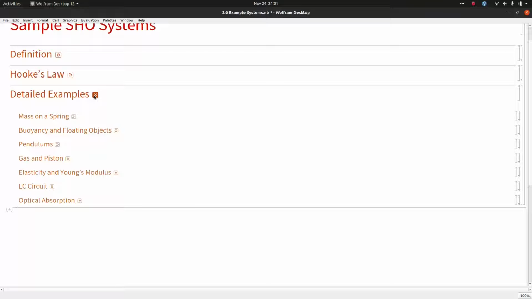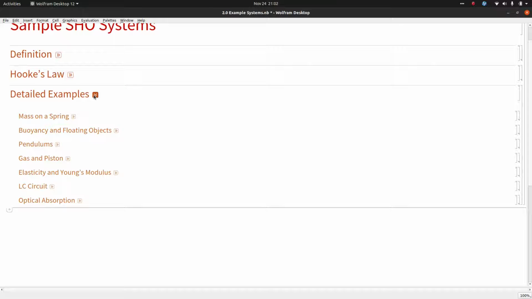We will do a floating object. So in this case, it'll be a boat that's bouncing up and down in simple harmonic motion through the force of buoyancy, which is causing that motion. We'll look at a pendulum swinging back and forth. We'll look at a piston and the gas inside the container for that piston that, through its pressure, will create